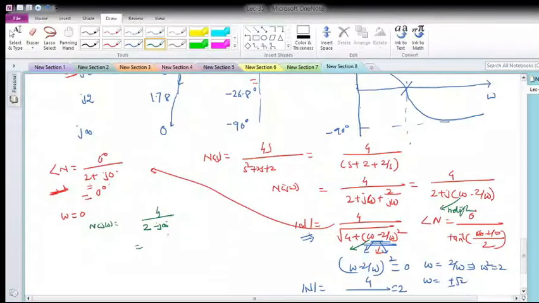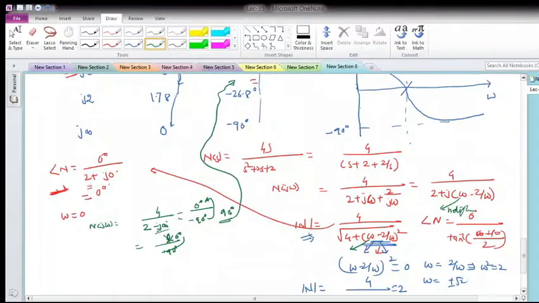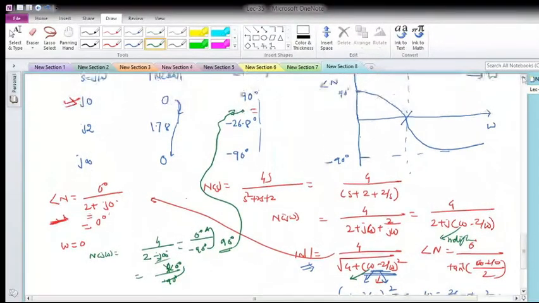Okay, and what about the angle? Minus j infinity means it will be minus 90 degrees. This angle is 0 degrees. Magnitude should not be written, only the angle. So this angle is 0 degrees and this is minus 90 degrees. Now it is going to the numerator, so the angle will be 90 degrees, and this is the reason that at omega equal to 0 I am getting a 90 degree angle, as you can see here.